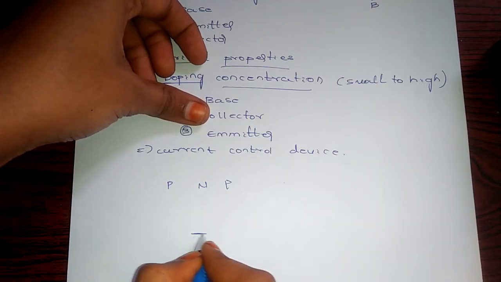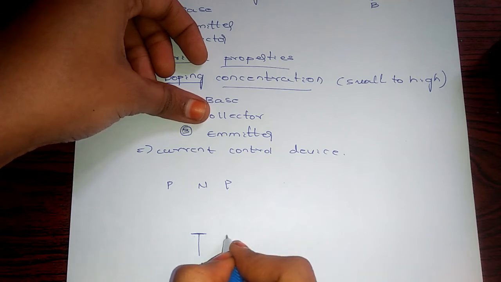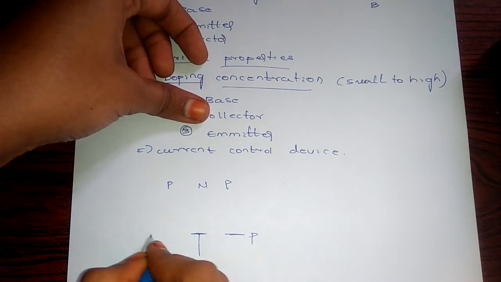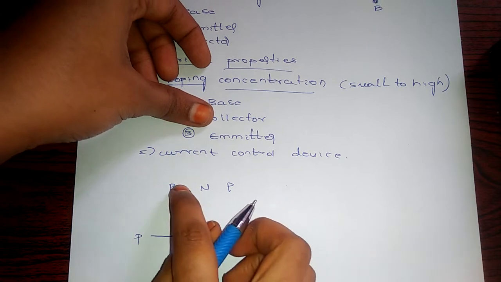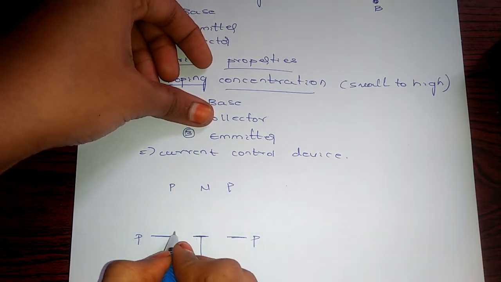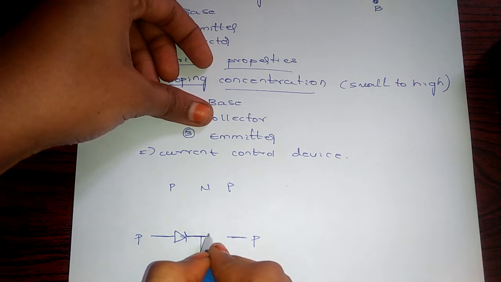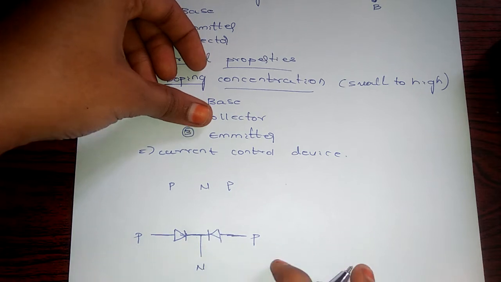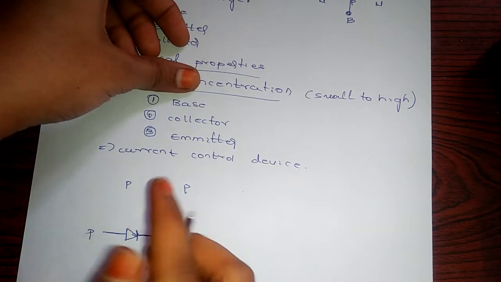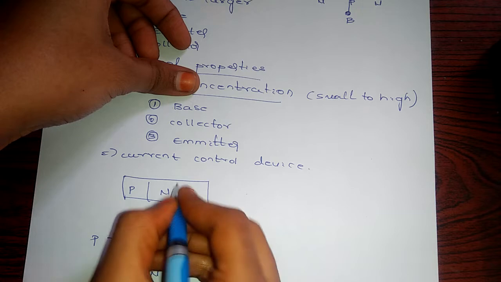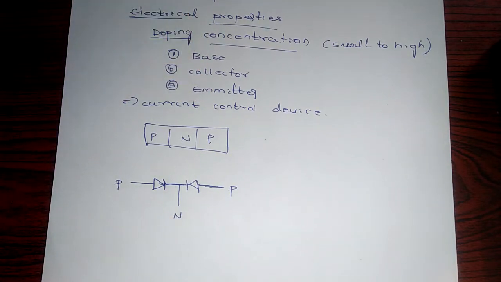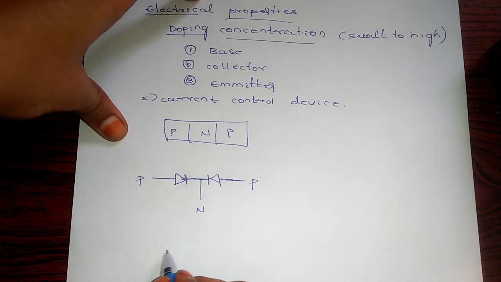So see here, for example, PNP. Here we have N material, P material and P material. I said back to back PN diode, so see, having a junction here and having another junction here. So this is the representation of the PNP transistor. Then what is the circuit symbol for this PNP transistor? The circuit symbol or the schematic symbol for the PNP transistor is